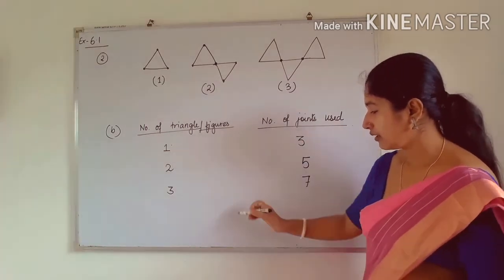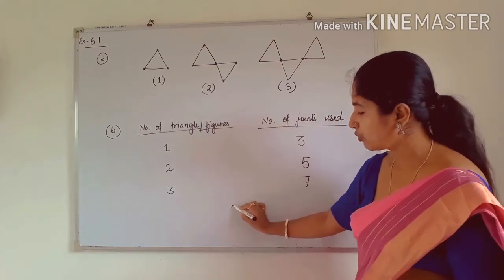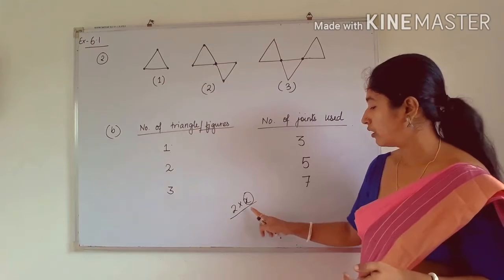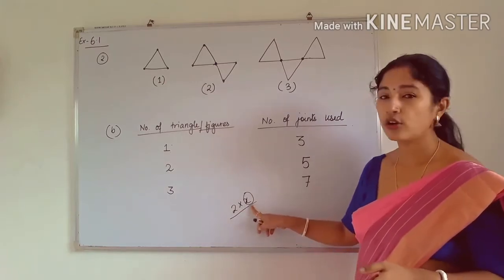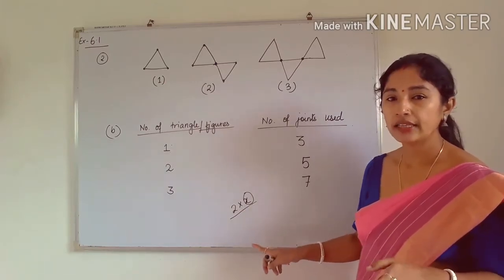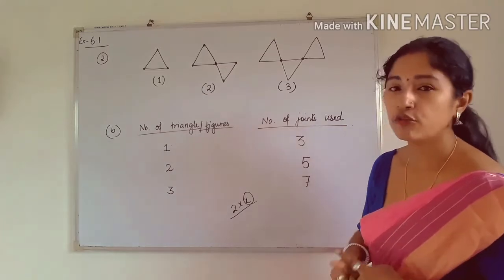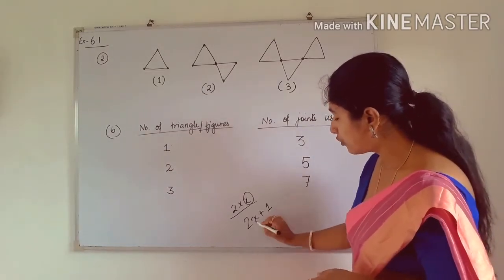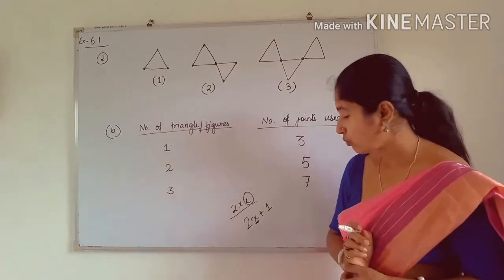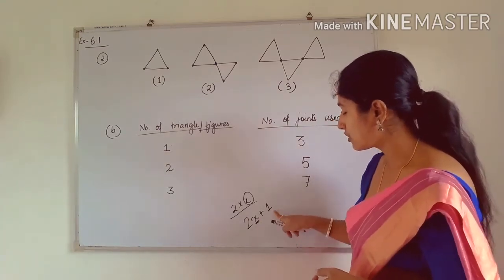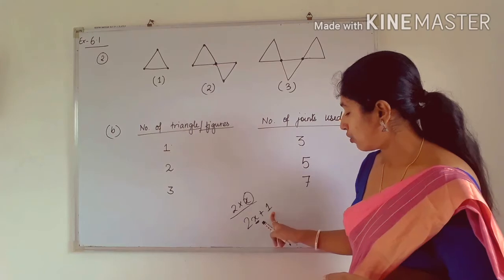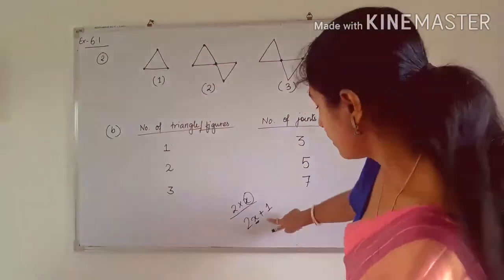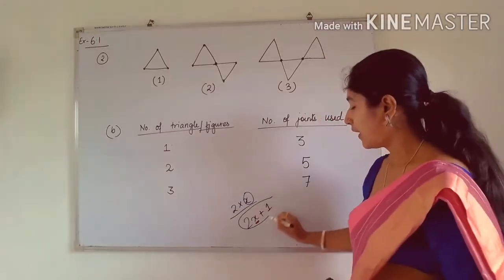You know that we can represent an even number using 2 into x. Because if we put the value of x as 1, then we will get 2. If we put x is equal to 2, we will get 4. Like that. So what is the representation for an odd number? It is 2x plus 1. See here, if you put the value of x is equal to 1, you will get 2 1s are 2 plus 1 as 3. So you can get all the odd numbers.